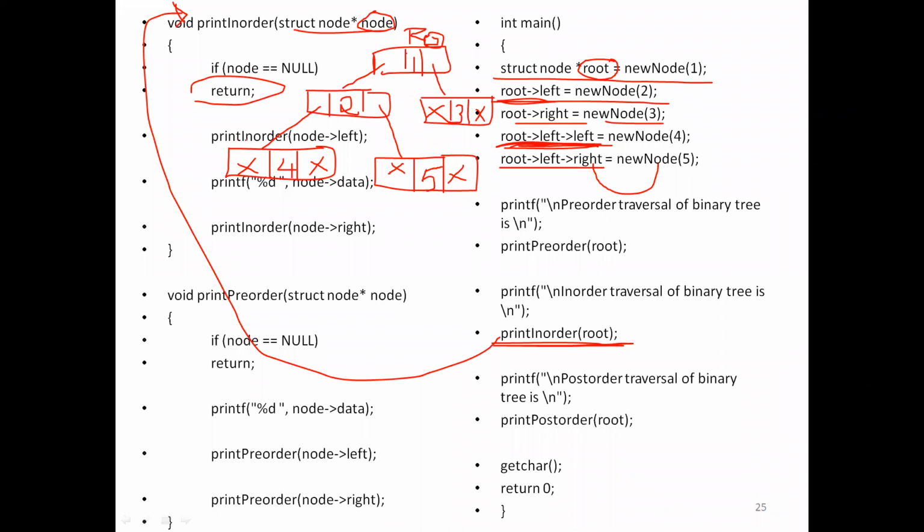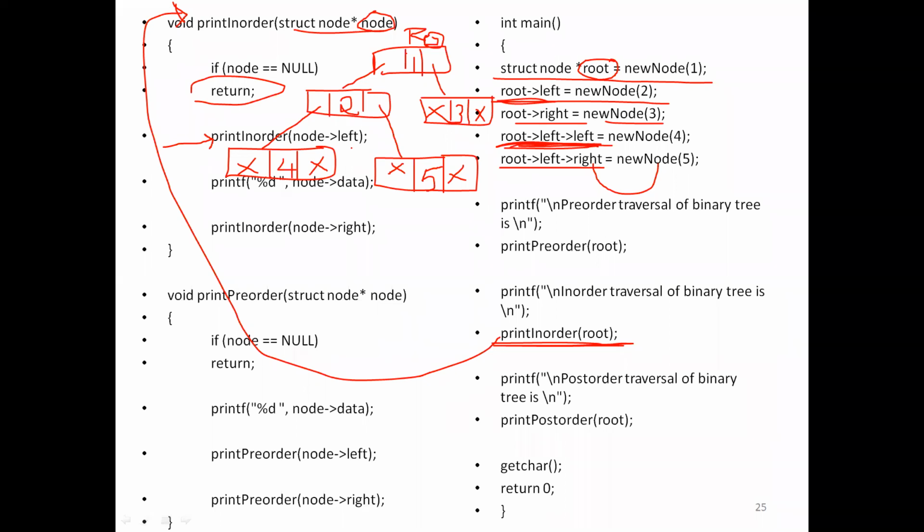Now, if the if condition is not working, then it goes to this line: print in order node left. I already told you it's very easy to write a traversing program. Based upon the traversal, we can write the code.